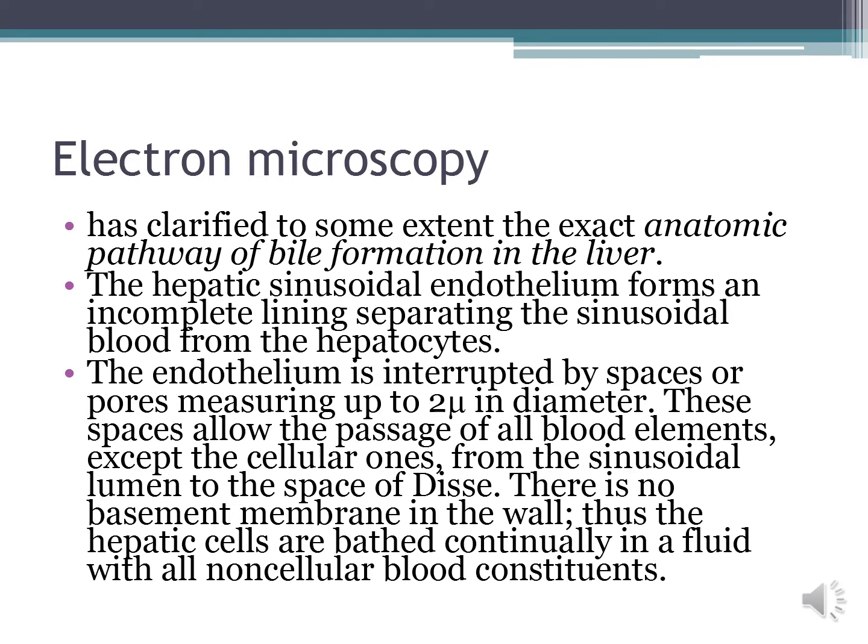The hepatic sinusoid endothelium forms an incomplete lining separating the sinusoidal blood from the hepatocytes. The endothelium is interrupted by spaces or pores measuring up to 2 microns in diameter. These spaces allow the passage of all blood elements, except the cellular ones, from the sinusoidal lumen to the spaces